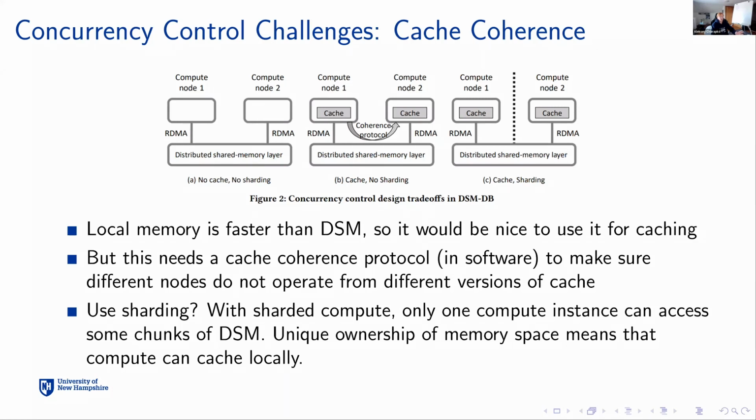A big set of challenges that they talk about are related to concurrency issues. And actually, they have an entire section in the paper on concurrency control challenges, but the concurrency issue shows up in other challenges as well. Despite saying that this distributed shared memory, the DSM, is fast, they still say local memory is faster, like an order of magnitude faster, right? So it would be nice to use it for caching,